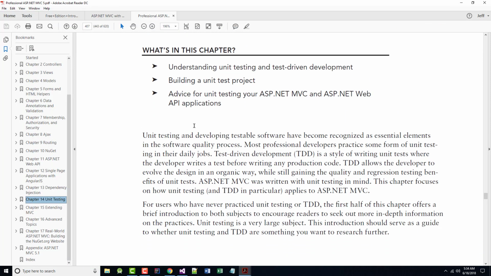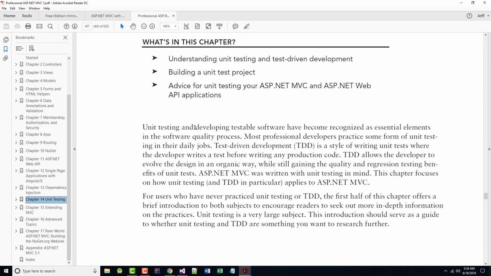So we've got 3 objectives in this chapter: understanding unit testing and test-driven development, building a unit test project, and advice for unit testing with your ASP.NET MVC and ASP.NET Web API applications. Again, I'm skipping the ASP.NET Web API. All right. So, as mentioned here,